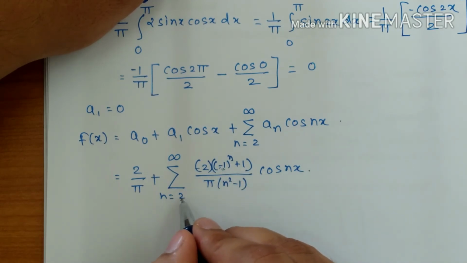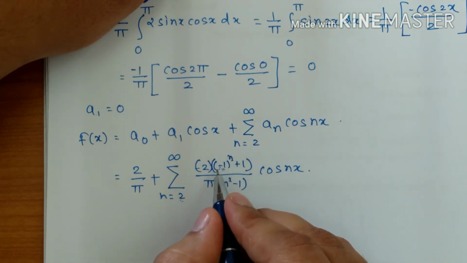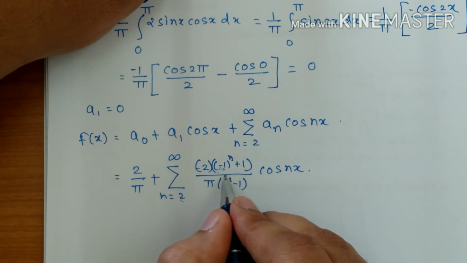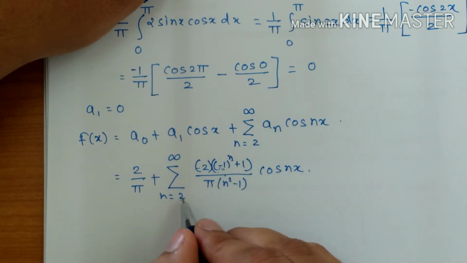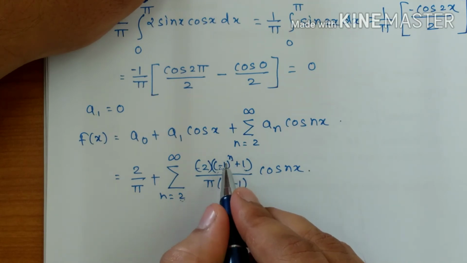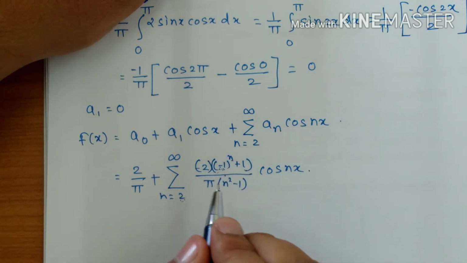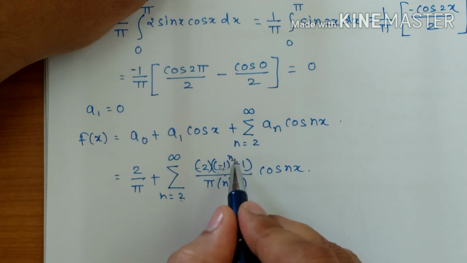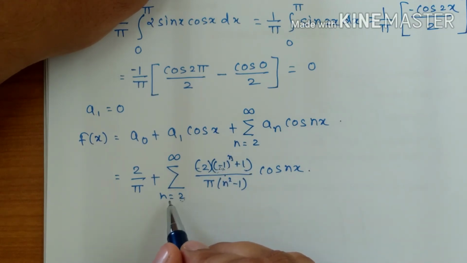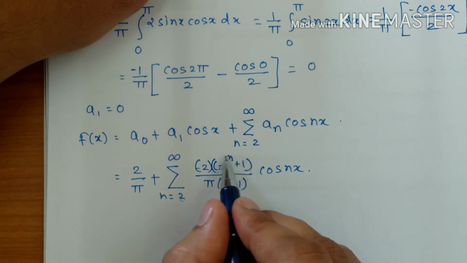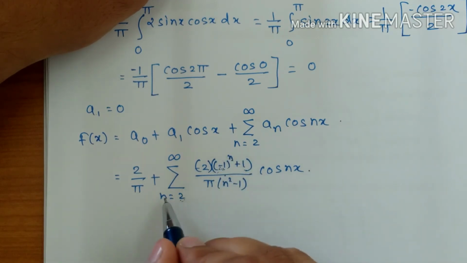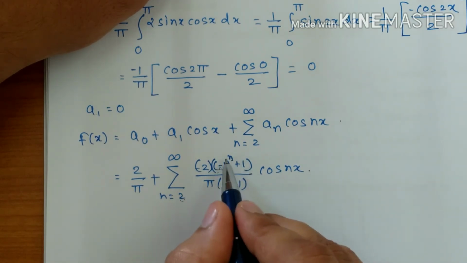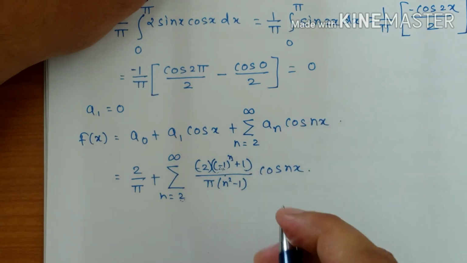Next n becomes 4, minus 1 raised to 4 becomes plus 1, 1 plus 1 becomes 2. Okay. Next n becomes 5, that is minus 1 raised to 5, that is minus 1 plus 1 becomes 0. That means for odd terms, this term is going to be 0. Sorry, for n as an odd number, this term is going to be 0. For n as an even number, this term will give us 2. Are you clear with it?